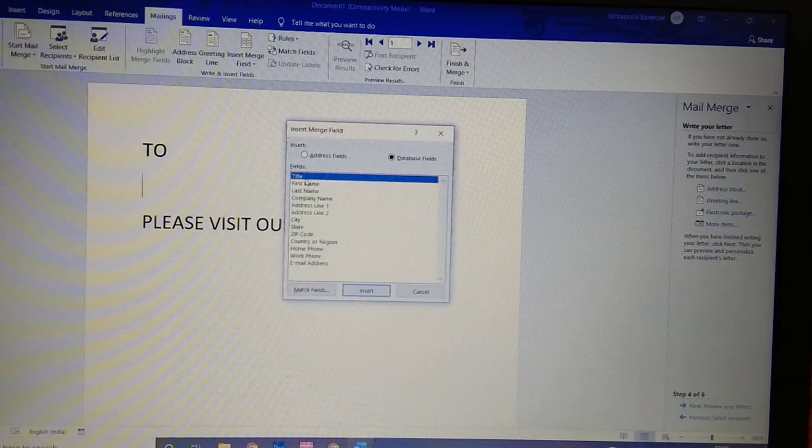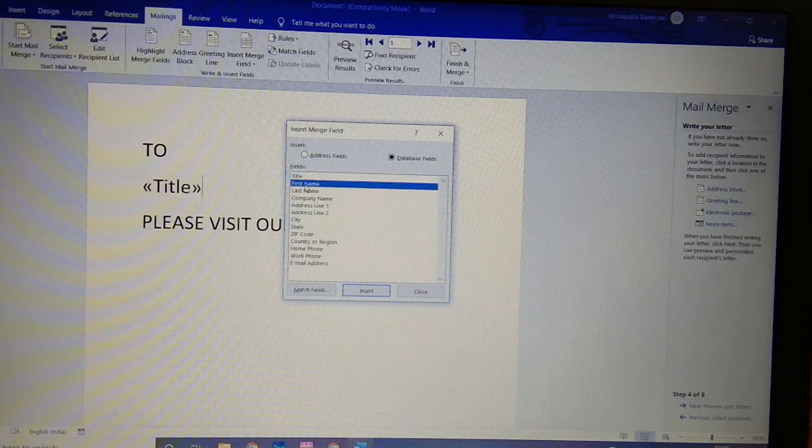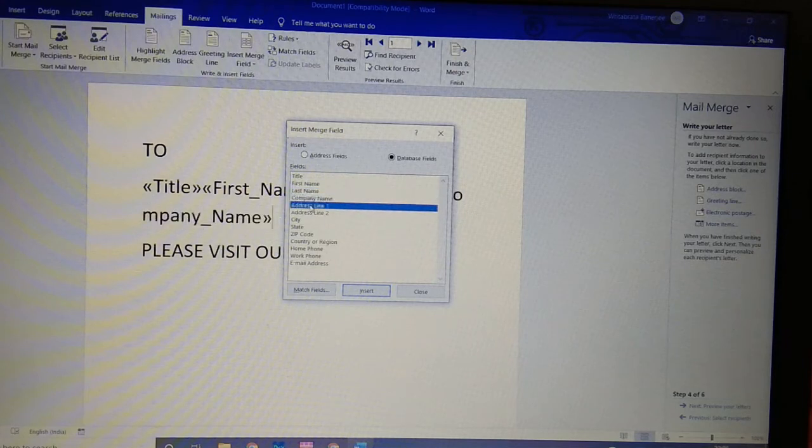Previously when we were putting the recipient's details, we entered the title, first name, last name, company name and address line 1. So just double click on title, first name, last name, company name and address line 1. Click on this close option.